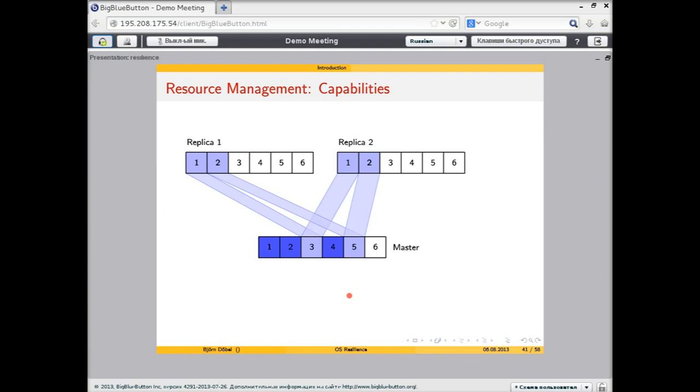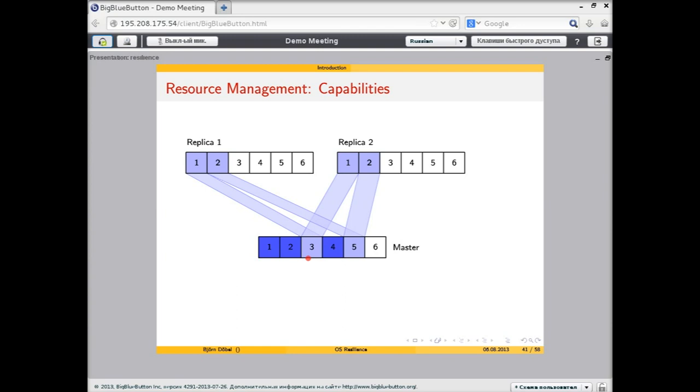And the master, of course, is able to intercept system calls from the replicas, but the master is not able to decide whether a certain integer value in the system call parameters is a capability index, which then needs to be translated. So for instance, if replica 1 does a system call and uses capability slot 1, the master would have to translate this into a system call that actually uses its local capability slot 3. However, the problem is that capability indexes are simply integer values, and the master is not able to distinguish